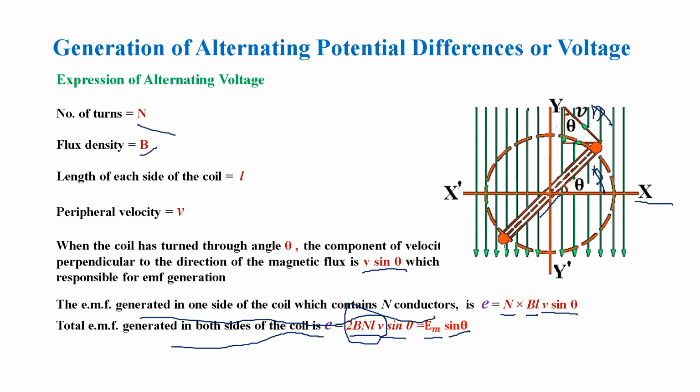By using any one of the expressions, we can find the magnitude of the induced EMF. In this way we can generate single phase AC voltage. Keep in mind Faraday's first law of electromagnetic induction: according to this law, there is always relative motion for EMF generation. For alternating EMF generation, you always have to remember the relative motion between the conductor and the magnetic flux.